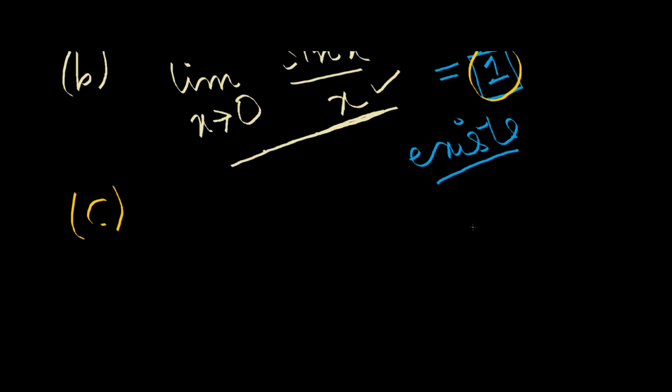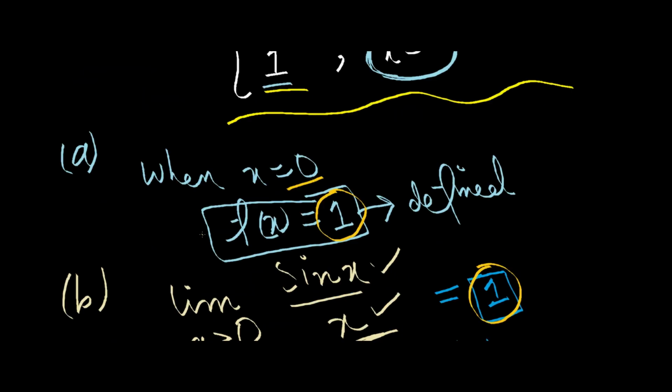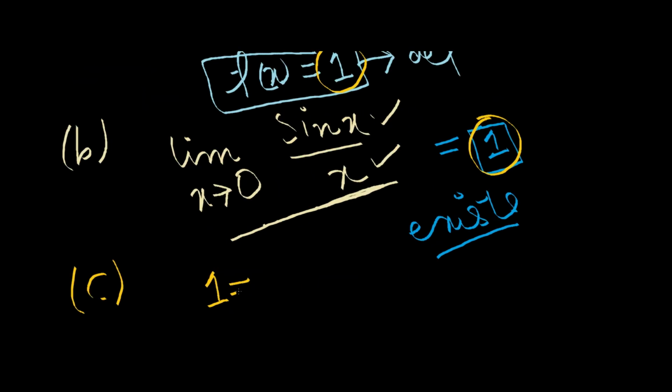As you can see, both are equal, because the answer from the definition is 1 and the answer from the limit is also 1. So they both are equal, and it means that the function is continuous, because all three points are true. If one of them was not proved to be true, then we would say that